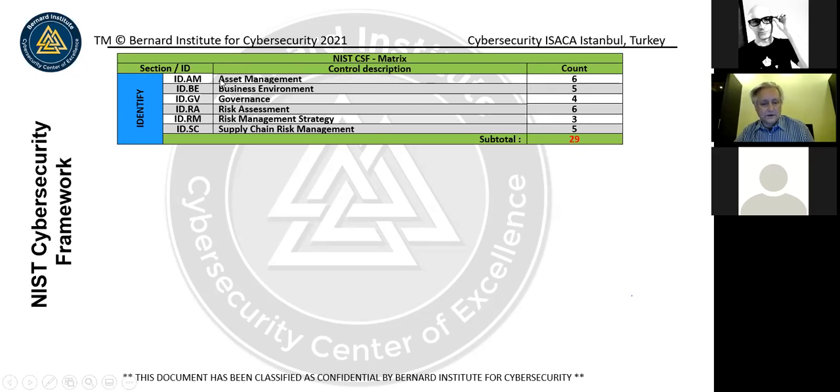Under asset management, we have 6 different control points that need to be implemented just for asset management alone. Business environment is really about writing a business plan around your business and how you plan on implementing cybersecurity. The governance, of course, is establishing the governance committee and the governance processes and mechanisms on how you're going to maintain accountability and decision making,